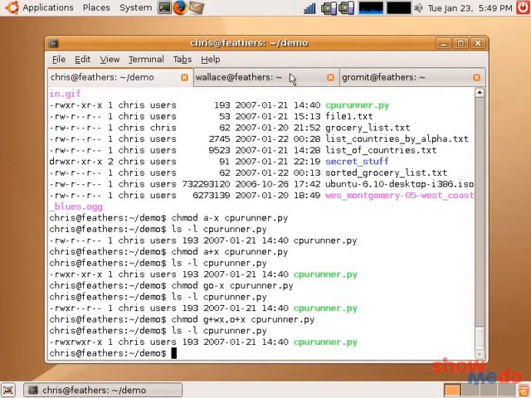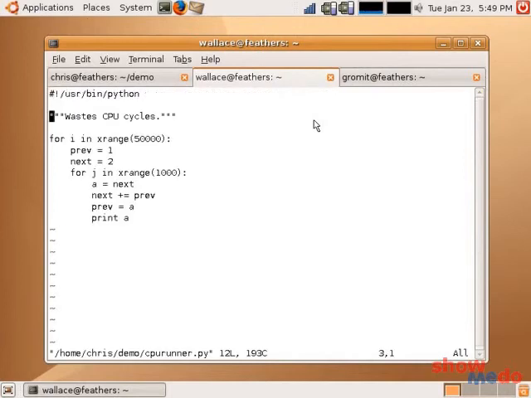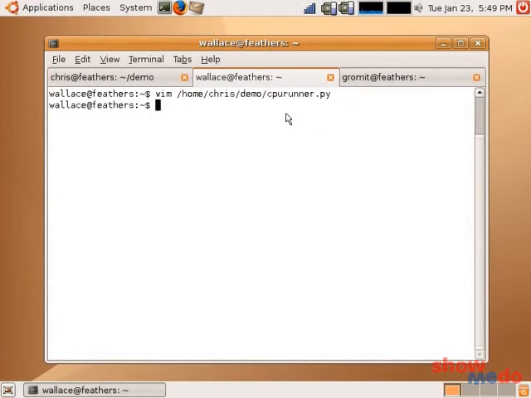And let's say Wallace would like to edit my CPU runner file, so he can do so by accessing my file. Here, we'll do it through my absolute path here. Demo CPU runner. So let's say he would like to make a change. So he brings up my file, and let's say he wants to change the comments here. So he can do this because he's in